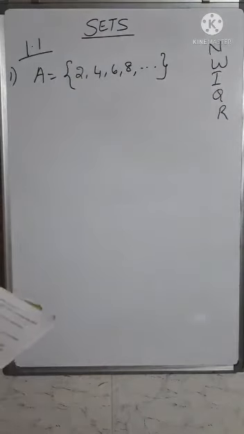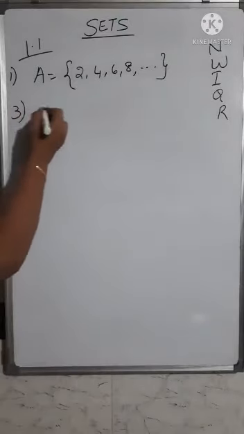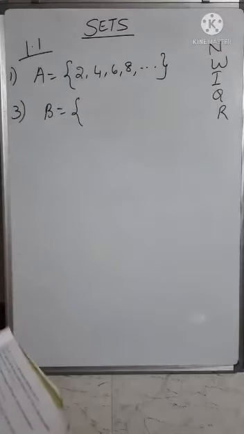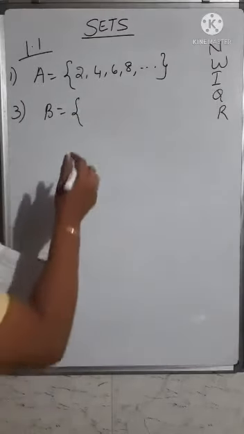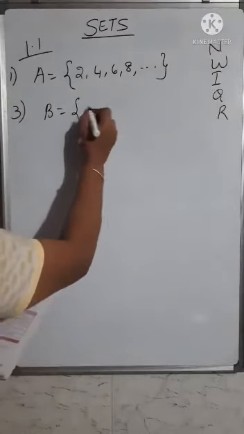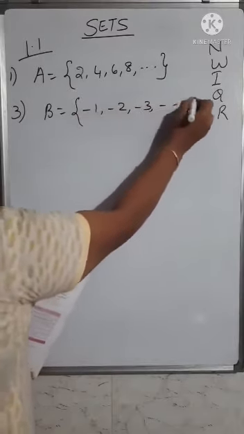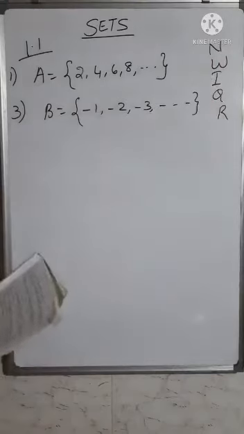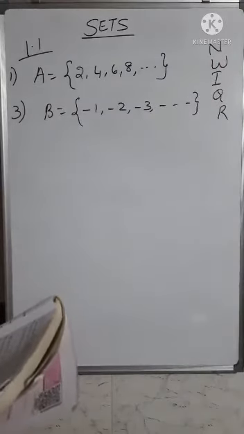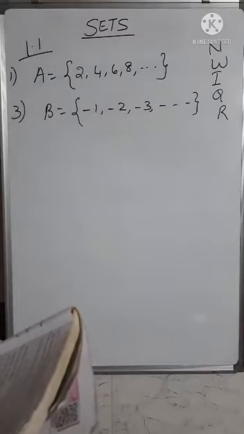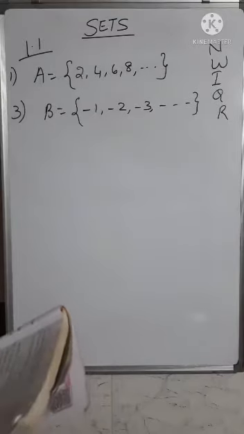Then the set of negative integers. The third one they have told is the set of negative integers. So you have to write only negative integers. What will be the negative integers? Negative integers can be -1, -2, -3. Like this it goes on and on. So this will be the set of negative integers. Then the 7 basic sounds of sargam, that is sa, re, ga, ma, you have to write it.